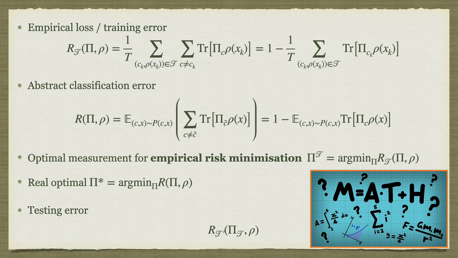So here, on the other hand, for a fixed embedding, the optimal measurement to minimize the training error can be obtained from empirical risk minimization and can be analytically computed, for instance, using Helstrom measurements for binary classification tasks. And this optimal measurement that minimizes the empirical, so the training error, is what I call here pi of capital T, where the dependence on capital T, which is the training set, reminds us that it is constructed indeed from